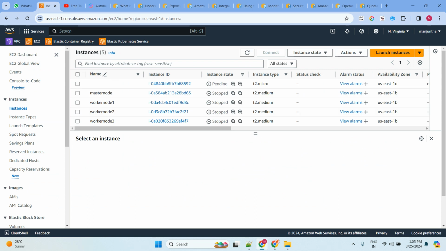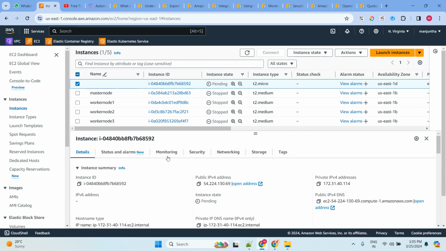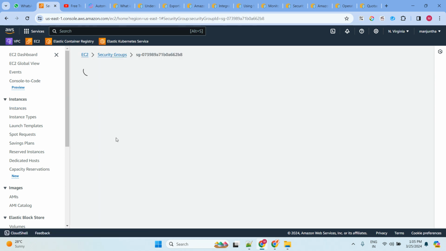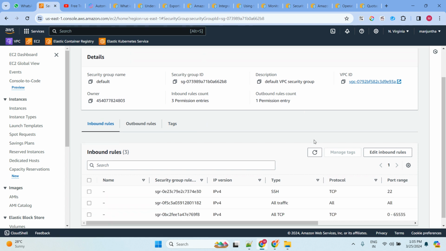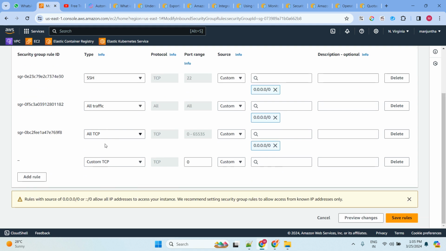Now, so let's jump into Amazon Inspector. So first we need to create an EC2 machine. Okay. So once we have created an EC2 machine, I'm going to just edit this security group